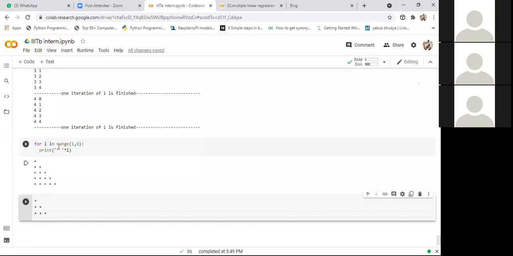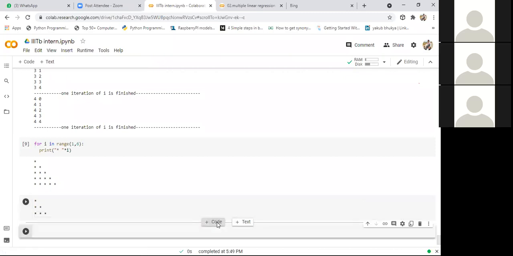But this is not a standard way. It's a logical way, which we followed for printing odd numbers using a while loop as well as a for loop. But here we'll also have a standard way to print patterns. We'll see the standard ways of printing patterns. I'll add a code block here. Yeah, here I'll take the first for loop, for i in